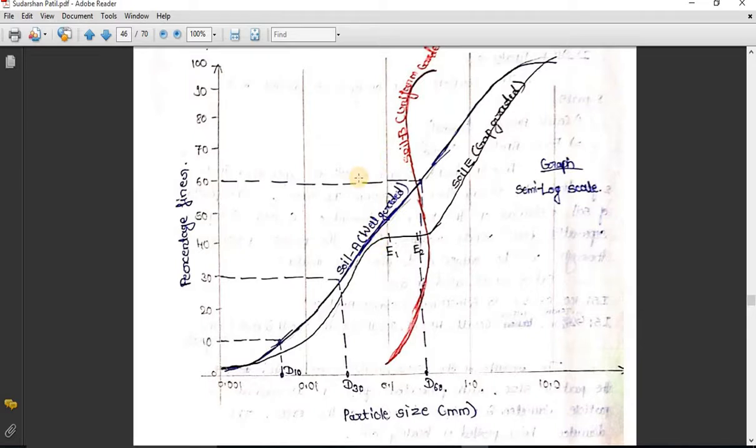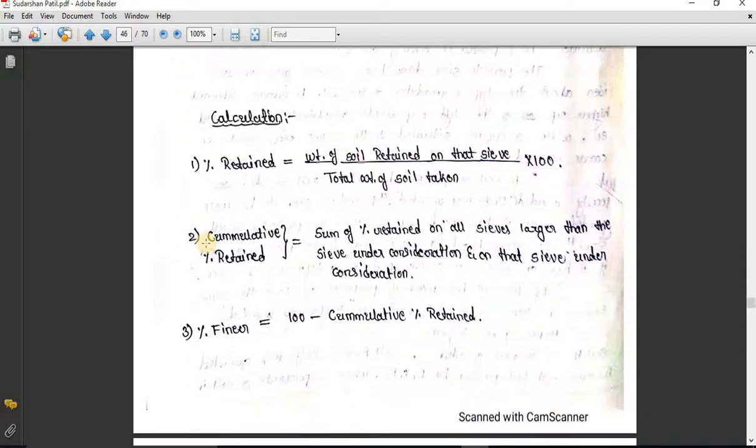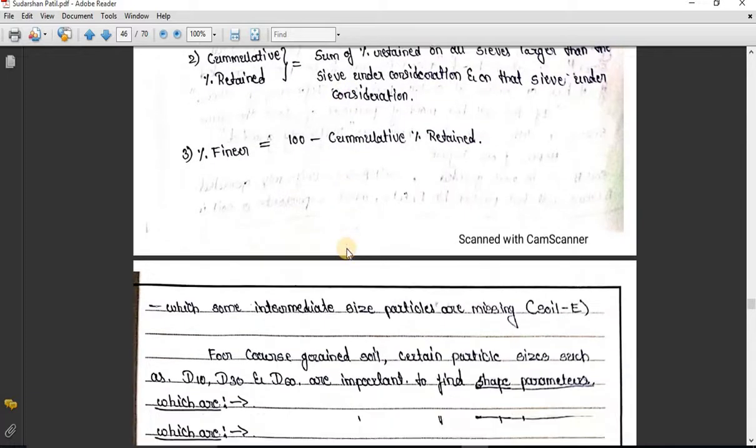So for grading the soil we need to carry out the sieve analysis. So this is the importance of sieve analysis. It is for grading purposes. So we can grade it as well graded, poorly graded, uniformly graded, as well as gap graded. So this sieve analysis which we are going to perform is performed specifically for grading purposes. Okay, so this is just a calculation which I have shown for that tabular column.